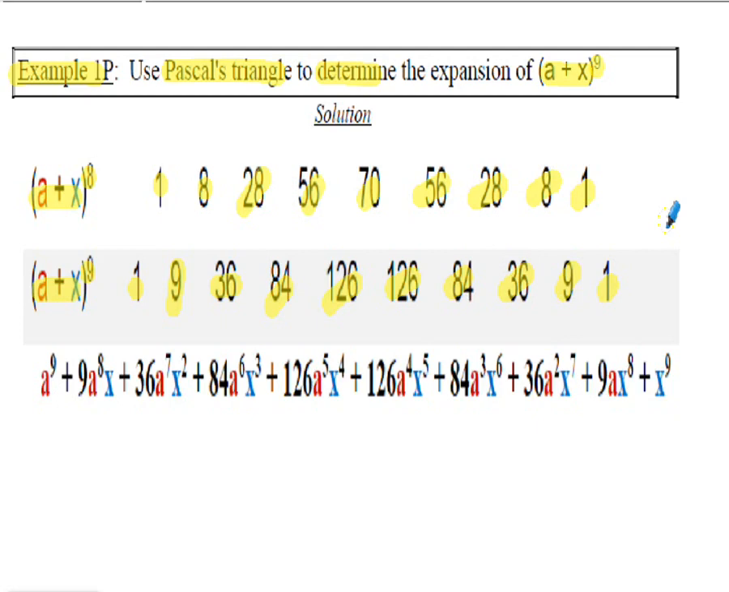So now we can expand the a plus x to the power 9 using the coefficients for the a plus x to the 9 expansion from Pascal's triangle. So on the left hand side we get a to the power 9, x to the power 0 there, and we get 9 a to the power 8, x to the power 1, plus 36 a to the power 7, we're decreasing our a values, x to the power 2, we're increasing in our x values, 84 times a to the power 6, x to the power 3, plus 126 a to the power 5, x to the power 4,